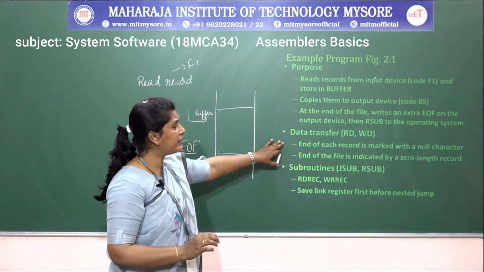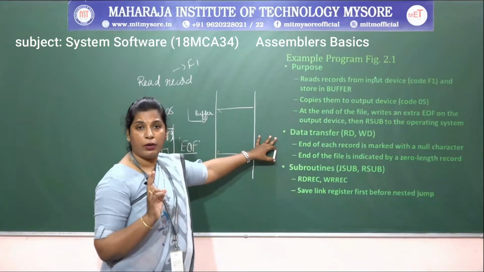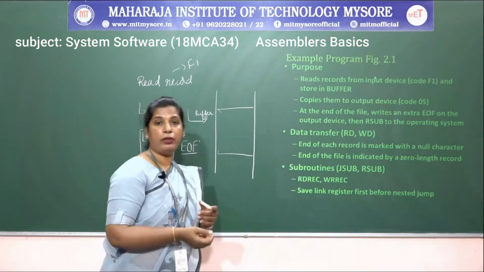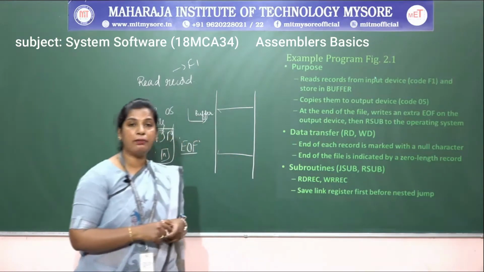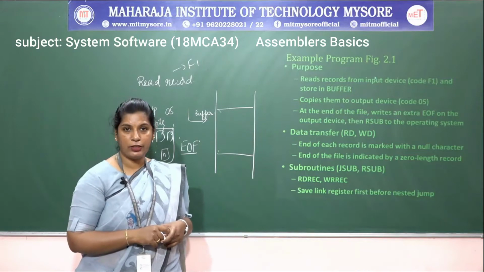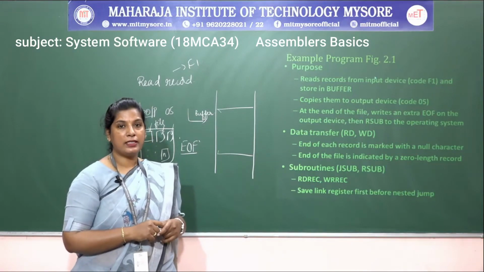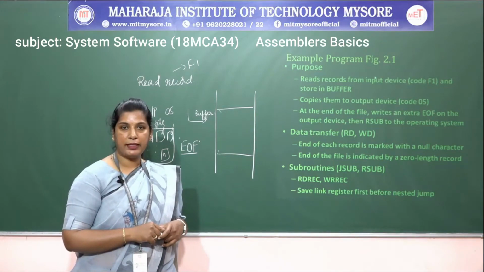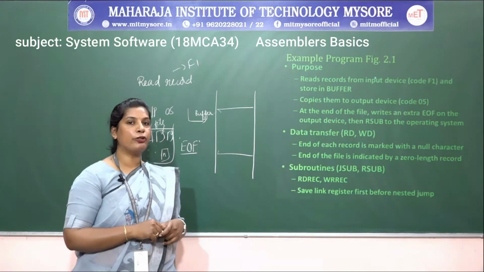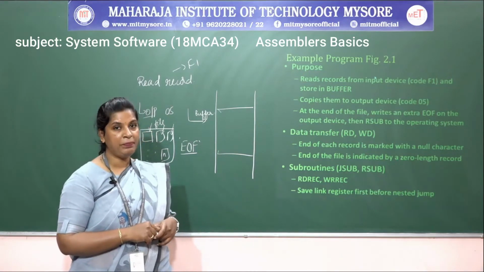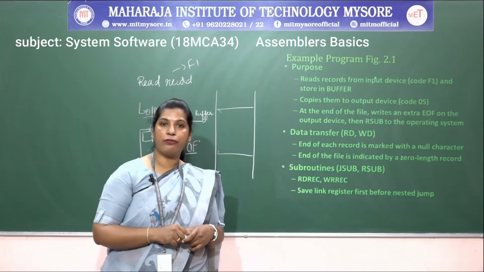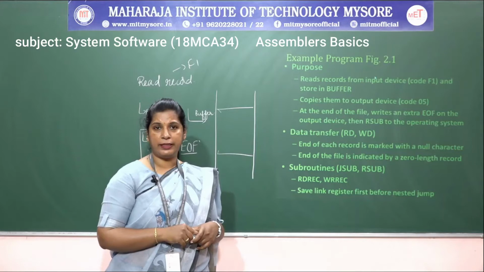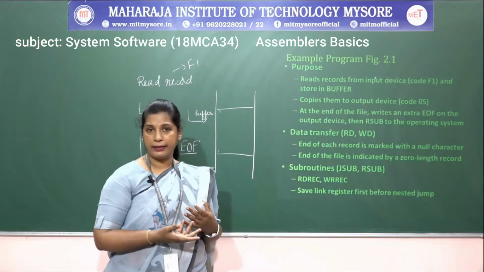For data transfer, in this case we are using two operations, read data and write data. Before reading and writing the data, we have to use one more instruction, the test device instruction, as I explained already. The test device instruction tests the device every time for transferring the data, whether it is ready or not. If it is ready, it sets the condition code flag bit as less than. If it is not ready, it sets the condition code flag bit as equal. Once the device is ready, it is ready to transfer the data, either reading or writing.